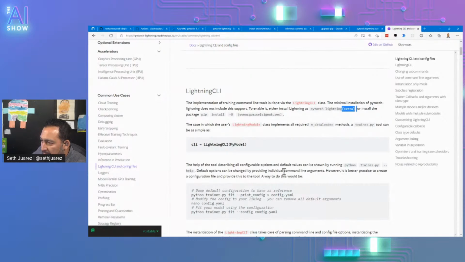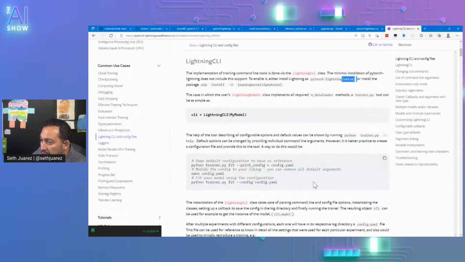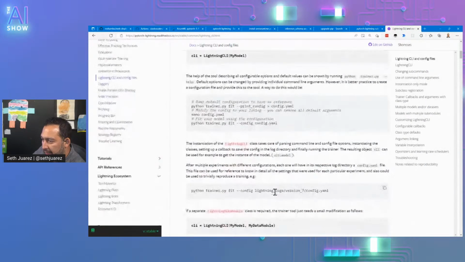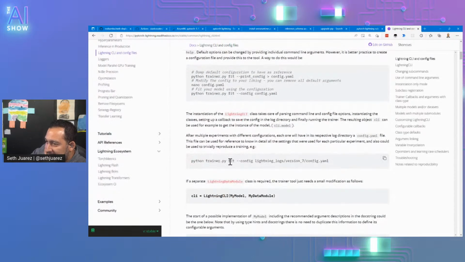Default options can be changed by providing individual command line arguments. However, it is better practice to create a configuration file and provide this to the tool. A way to do this would be, yeah, we did this. We printed out everything, we edited it, and then that. Instantiating the Lightning CLI class takes care of parsing command line and config options, instantiating the classes, setting up a callback to save the config, and so on. Yes. Okay, this is new.